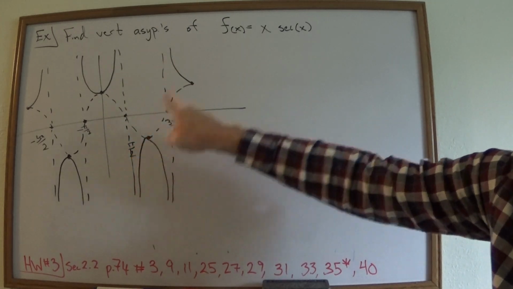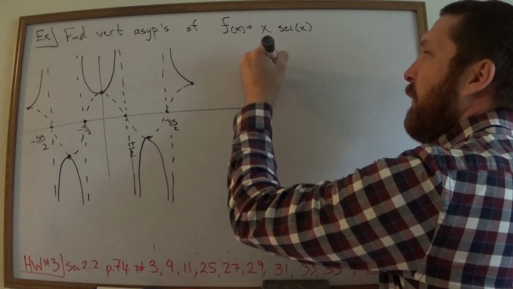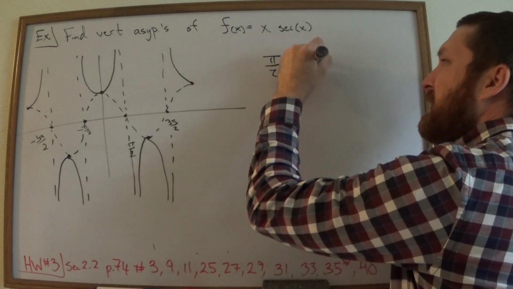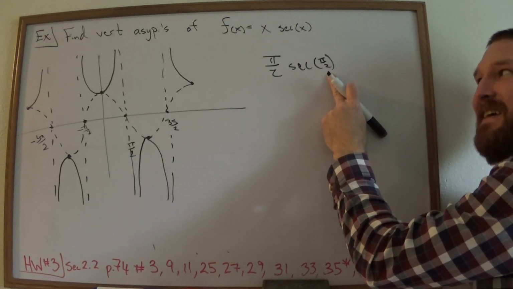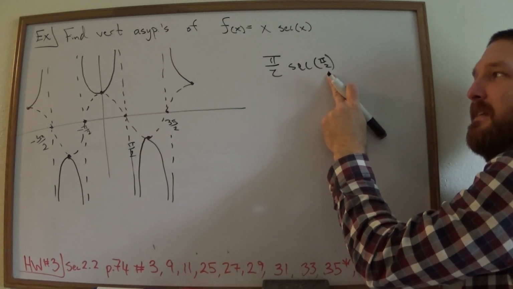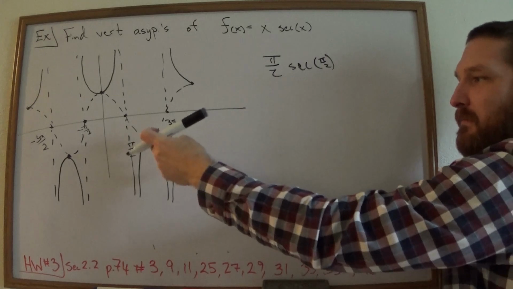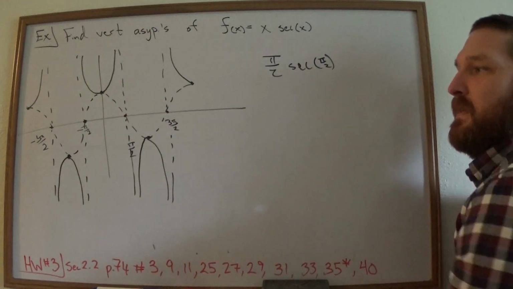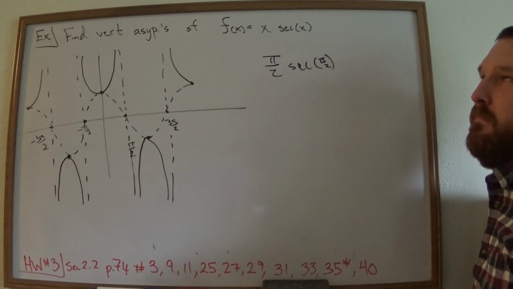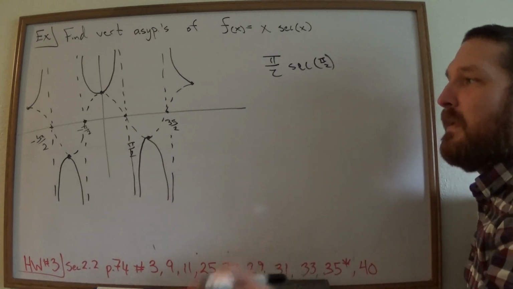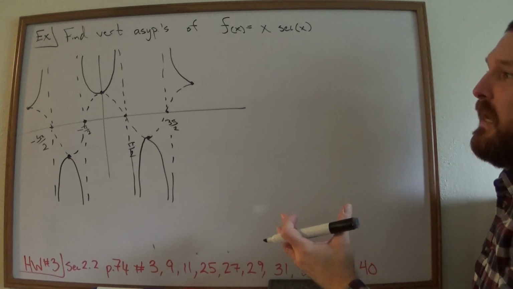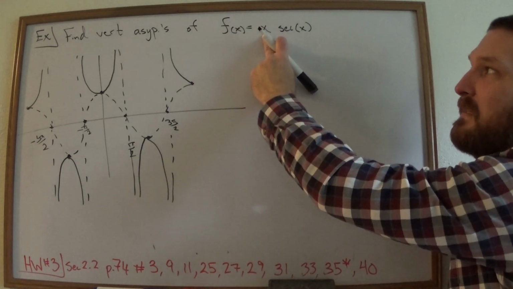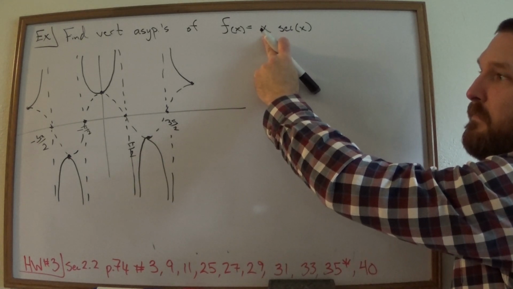Because if I plug in, we'll just have pi over 2 times secant of pi over 2. Still bad news right there, right? That hasn't changed the fact that secant of pi over 2 blows up, does not exist, whatever, right? So that's my long-winded way of saying this one's pretty easy because this thing does not modify the asymptotes,